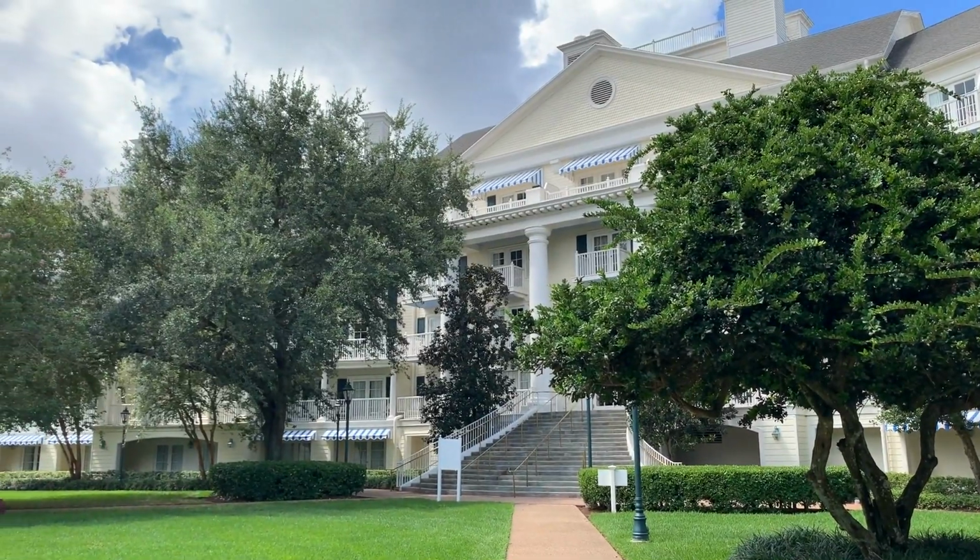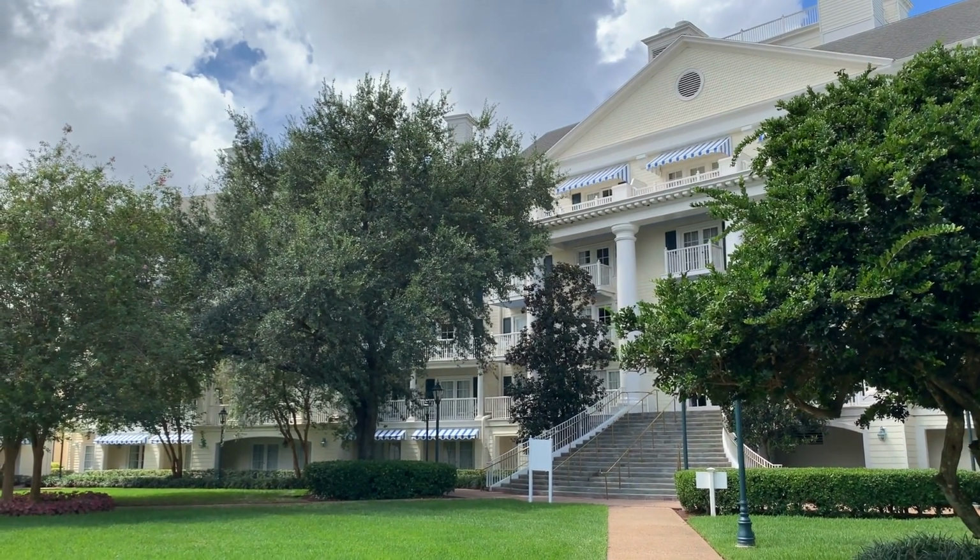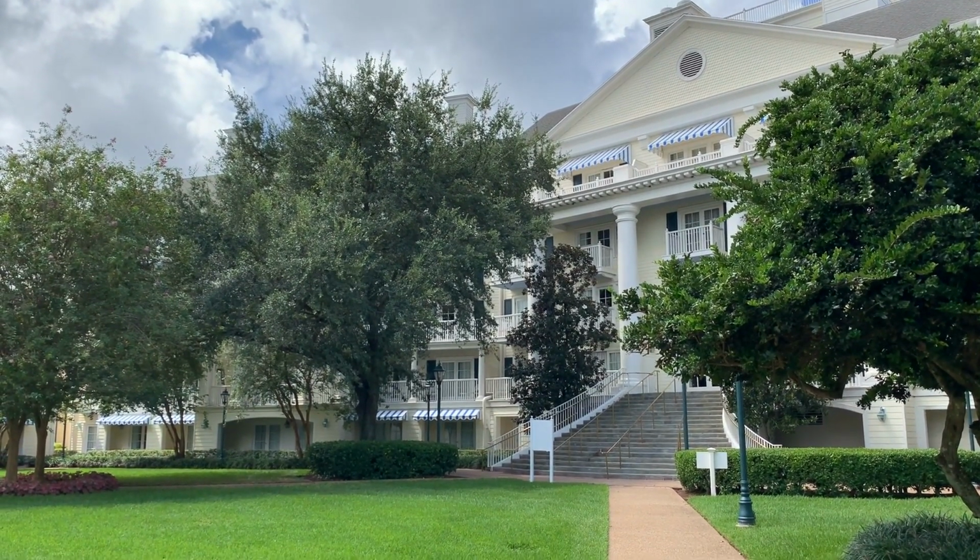unique room category because there's only 14 of these rooms, and each one on the outside is a little bit different, and then inside, of course, they're all the same. So we're going to show you what the differences in these rooms are and kind of take you on a little tour and then show you the one that we have. Ready? Let's go. So first, for the location of these little garden cottages, it's actually back on the inside of